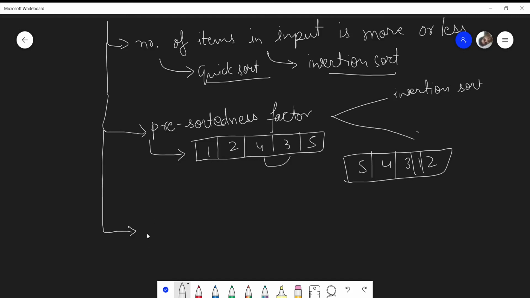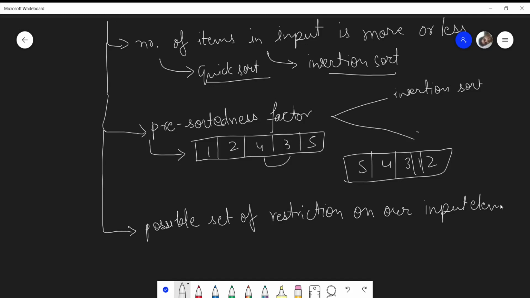Another possible factor is if we have a set of restrictions on our input elements, then I might want to use a linear sorting algorithm, which is counting sort.